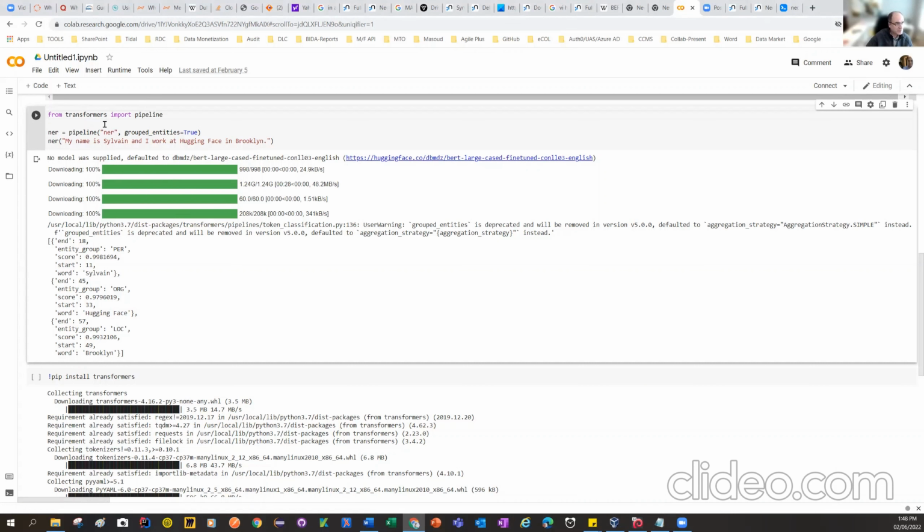For example, if we look at the line from the top, from transformers we import pipeline. That's one of the libraries that we can use. The function of grouped entity, the function actually is called named entity recognition. It says let's find the entities in this: My name is Sylvian and I work at Hugging Face company in Brooklyn. Let's find all the entities in this text. If we run it,